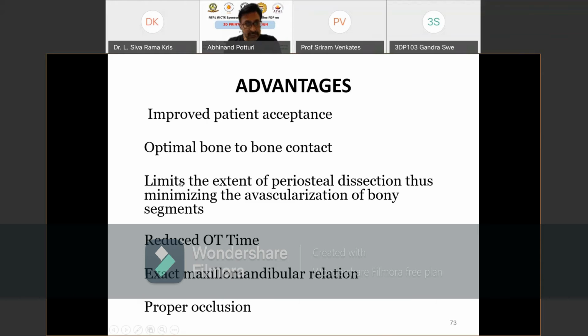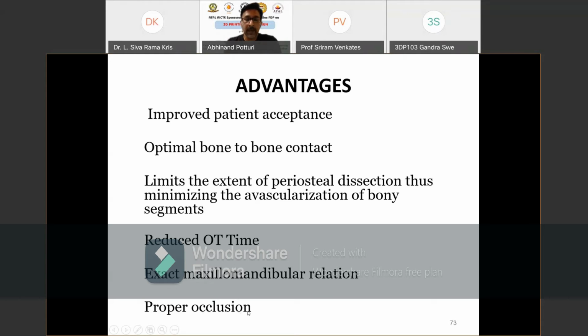It improves patient acceptance because the surgical time is reduced. It is easy for us to explain to the patient also. We have a 3D model of the patient's face in front of us. We can show the patient the model and show him where the tumor is and how this tumor is removed, how the bone is reconstructed. It is very easy for us to educate the patient regarding the treatment plan, regarding the outcome, how things are done. So that's a major advantage of having a 3D model. As I told you, it reduces the operating time, and it also gets proper shape and dimensions to the face.